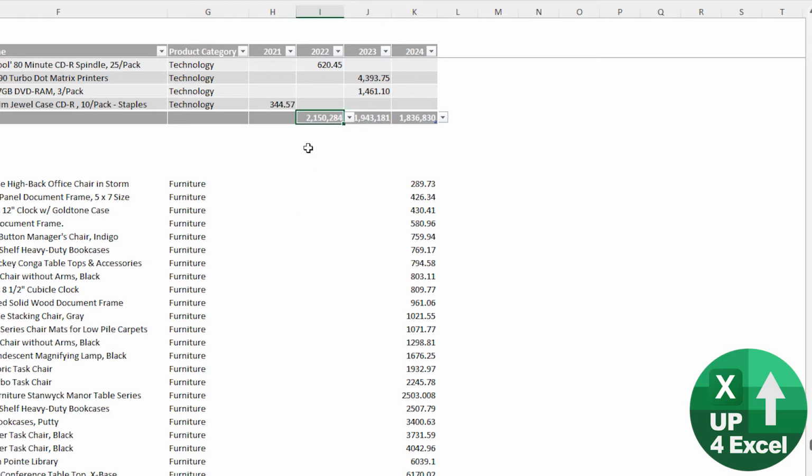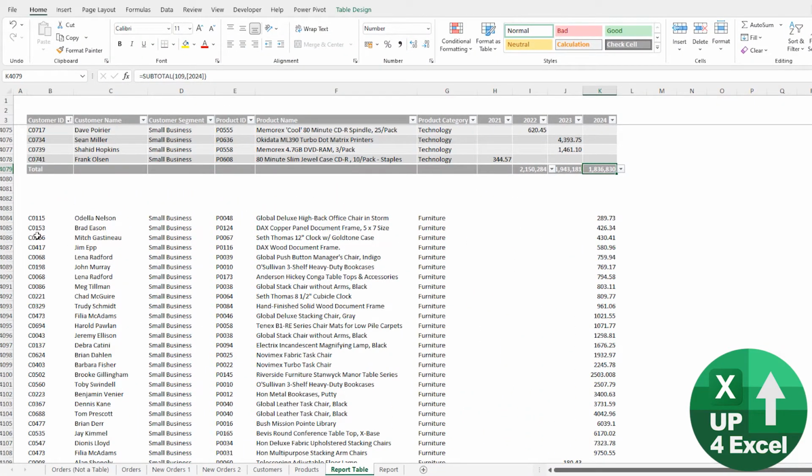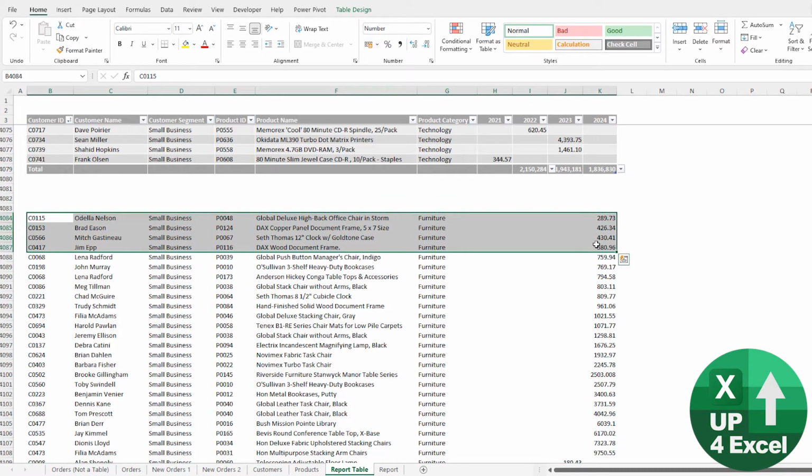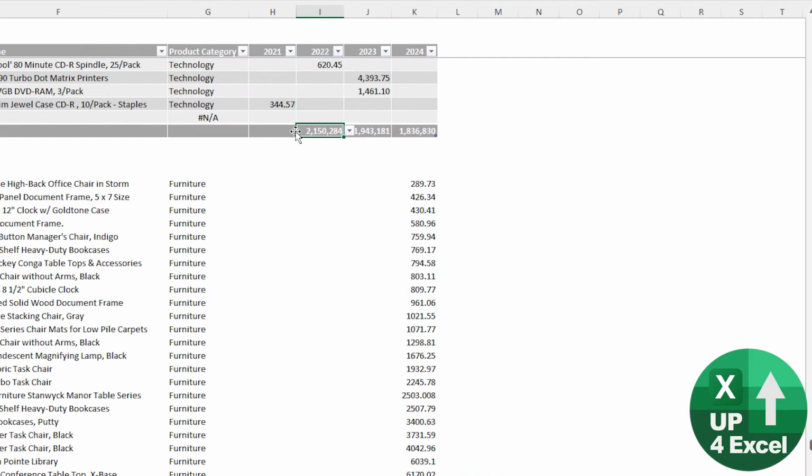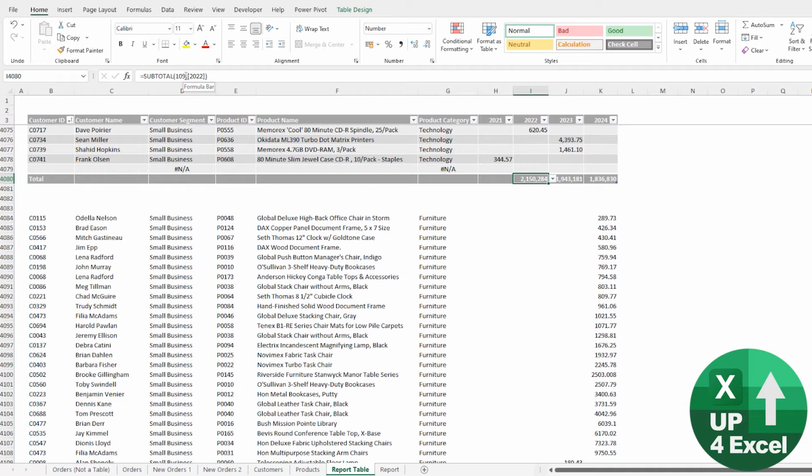Now, you might think, well, that's not going to save me time because I could have just dragged that formula across there on a normal range, it would all work. But what is great is that when you add on new data, so let's just put on a new row here, tab it, the totals all move down. I mean, these formulas aren't working at the moment, but these totals all move down and they will include any new rows. So you don't need to change these formulas ever because they're actually picking up the column totals from the table, and they're using this referencing system for tables, structured references, where they pick up the